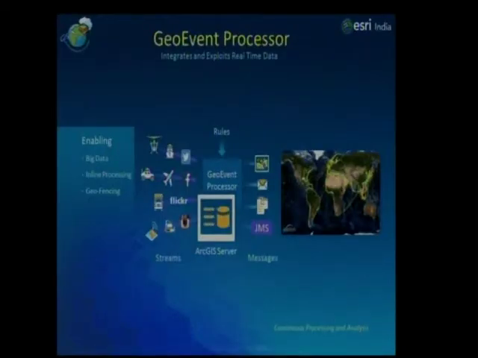Thank you, Shashi. So moving on to the next new product which has been introduced at 10.2, as an extension to ArcGIS Server Advanced, is the new range of products which have been discussed during other events today, the GeoEvent Processor. What it does, in simple terms, is integrate your real-time data. It can be sensor data, or a vehicle track, or any other kind of big data which you are bringing in, and this can enable you to plot onto your maps in real time.